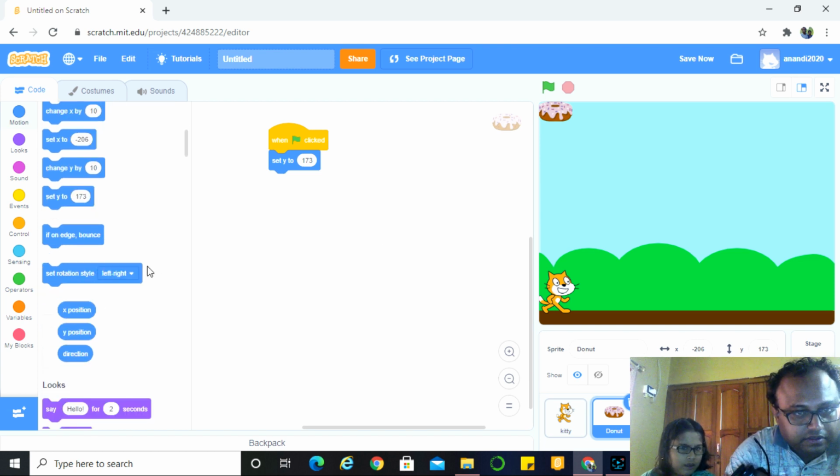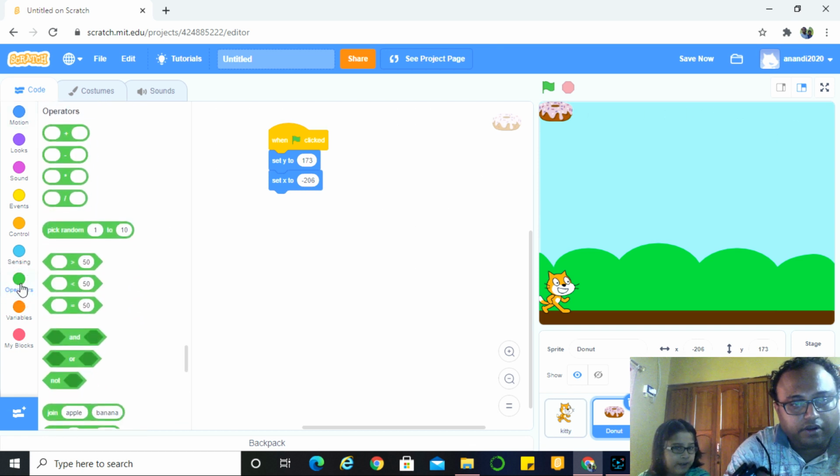Okay. So now we want x to be anywhere along this line. For that you need to get random values. How will you get random values? We will go to operators and pick random. And what will be the random number?